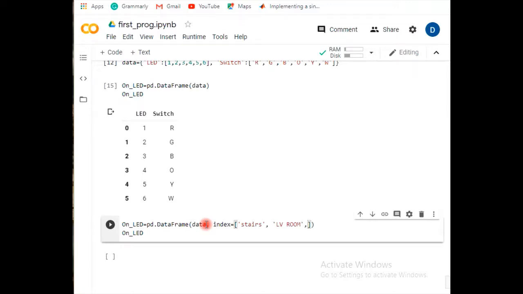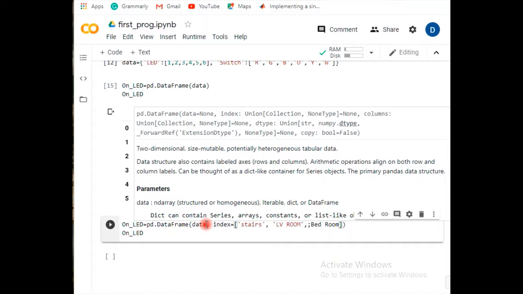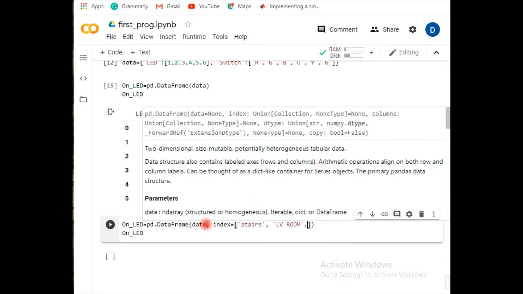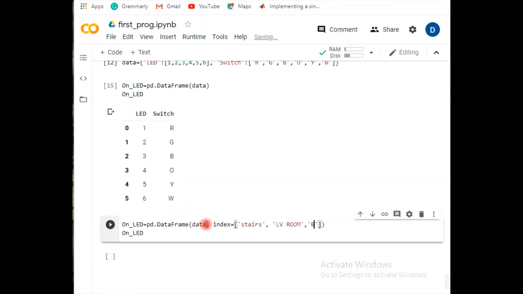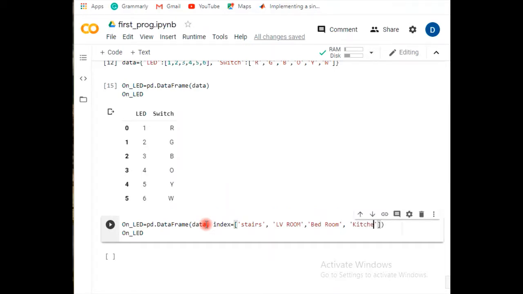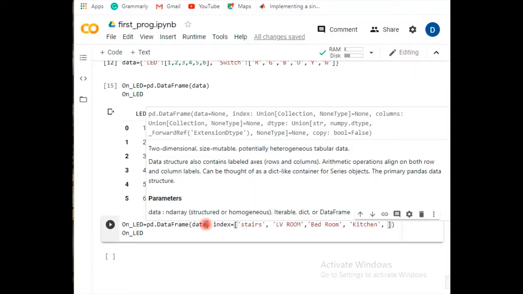Third I'm using for the bedroom. Fourth I'm using for the kitchen. Sixth I'm using for the washroom.